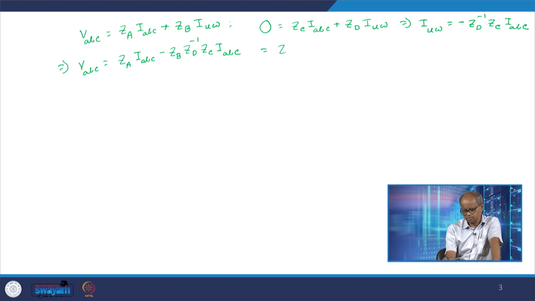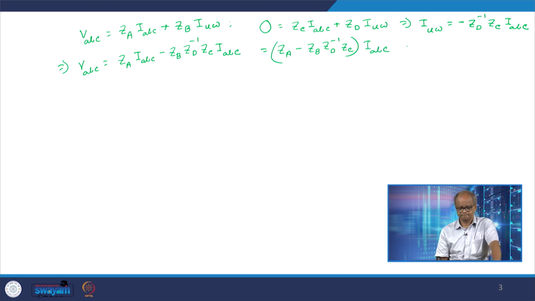So ZA minus ZB ZD inverse ZC, into IABC. So ZABC into IABC. In this technique we are eliminating the currents, and because my voltages are 0,